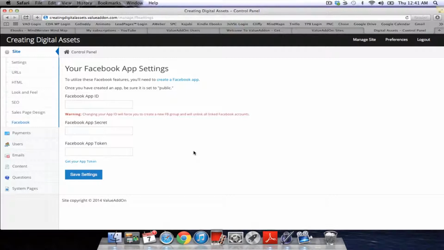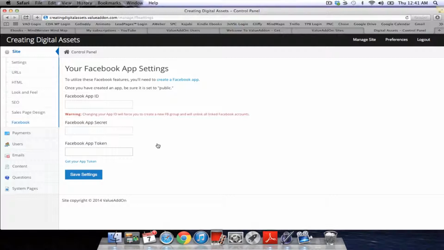But the reality is, the people are not going to log in just to be social. They're already in Facebook, so you want to have a Facebook group, and this feature allows you to link your secret, private, closed, invisible Facebook group to your membership site, so that when people join and successfully pay for your product, they will be automatically added to that Facebook group.